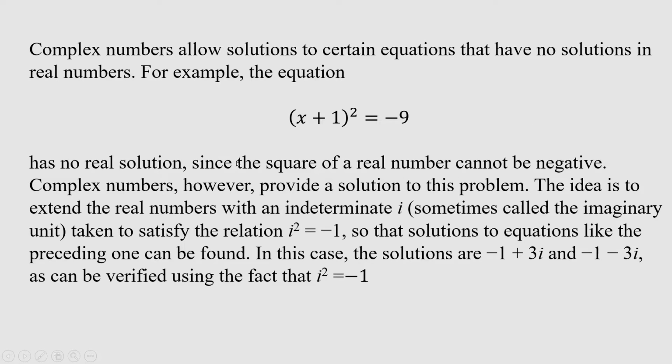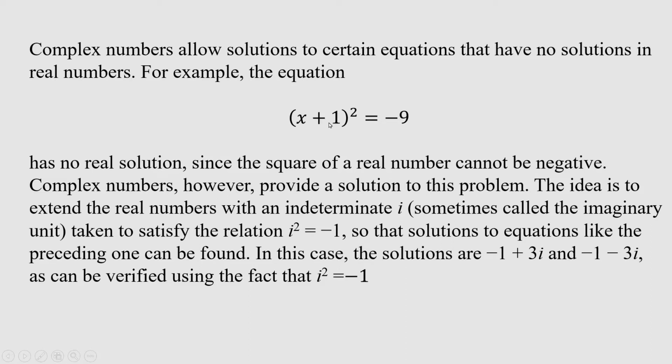The idea is to extend the real numbers with an indeterminate. i is known as indeterminate, and sometimes it's called imaginary unit. And i satisfies this equation, and the solutions of this equation are minus 1 plus 3i and minus 1 minus 3i. If we put here minus 1 plus 3i in place of x, then we get